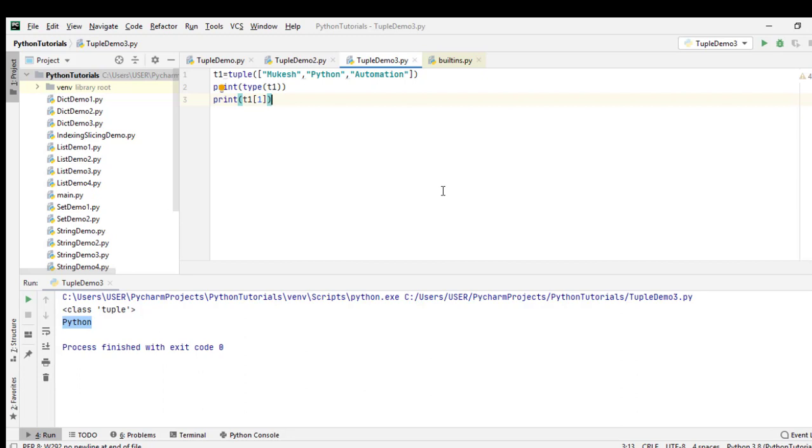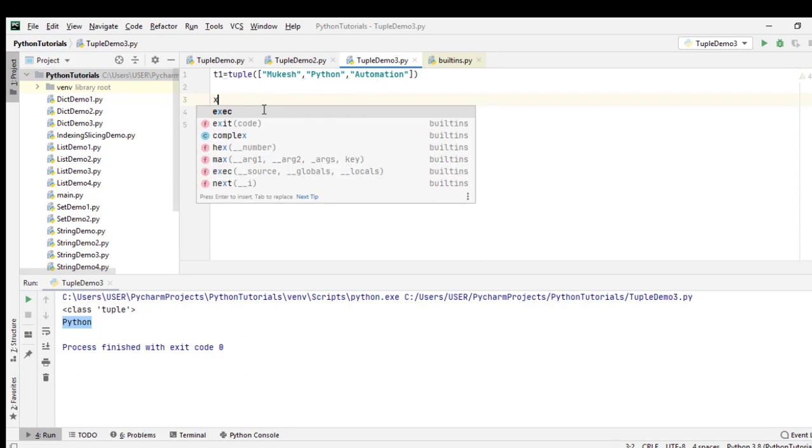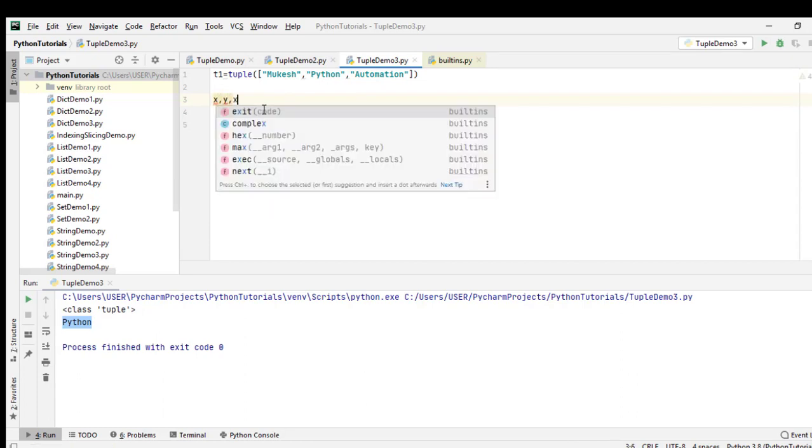Before we end the session, as I promised, the bonus part: tuple unpacking. How can we unpack a tuple? Let's say this is my T1, which is actually a tuple, right? What if I want these values in variables? Can we do that? Yes. Since it has 3 values, Mukesh, Python, automation, I can give X, Y, Z